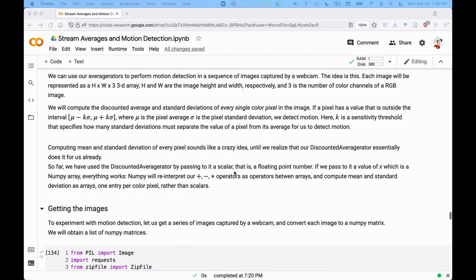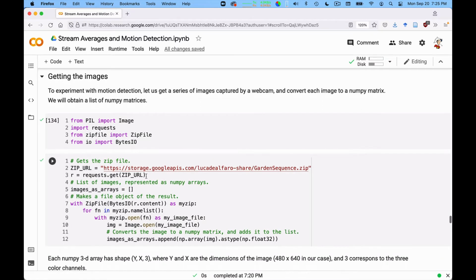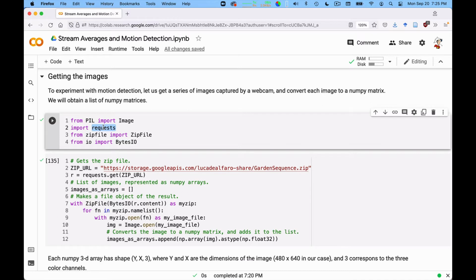Okay, so I prepared some code for you already. There are some images that are on a server that I put up on the Google Cloud. And so here is some code that actually reads the images and fetches them. Let me just comment very briefly. Pill is a Python package that helps you deal with images, and especially image encodings in JPEG, PNG, and so on and so forth. Requests is a Python package that enables you to very easily access HTTP resources. So fetch essentially data using the HTTP protocol. You can fetch web pages, and in this case, you can also fetch data that is consisting of our compressed